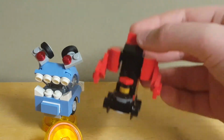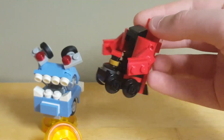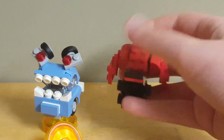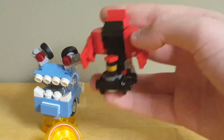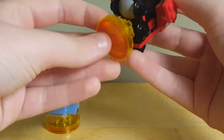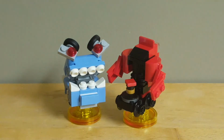In the front, you have this little section up here, which is supposed to be a joystick for the controls for the figure to use, but obviously you can't fit a figure on the real build. There's space for a figure in the game version, but yeah, the back looks kind of odd, top looks kind of odd, but again, I just like how they did the arms. That's kind of an interesting idea, and in general, I just like the idea of them making a mech out of a steam train. That's such a cool idea. But yeah, so those are the last 2 builds, and now let's go on to the final verdict for this